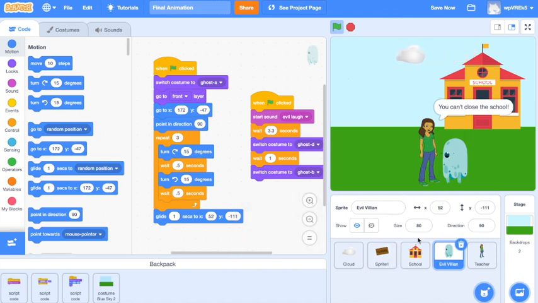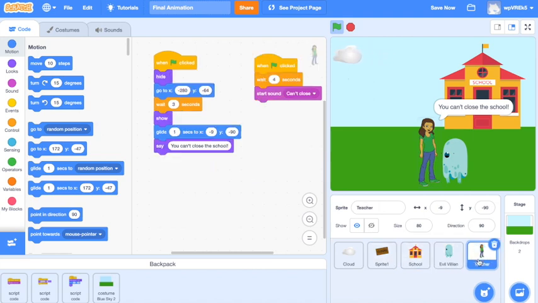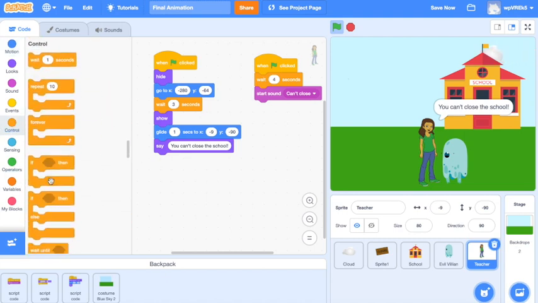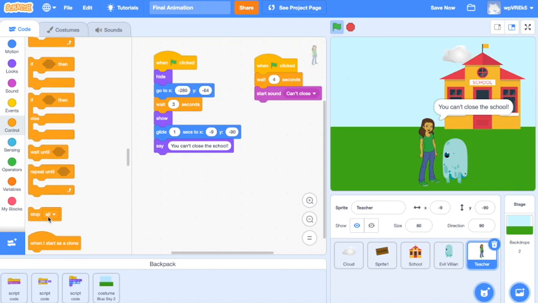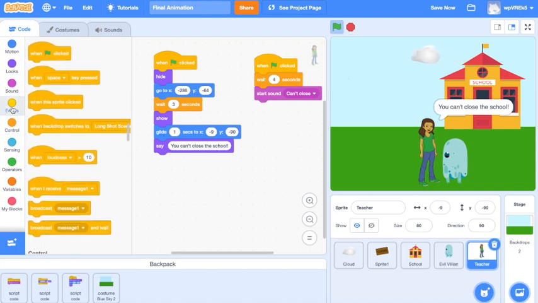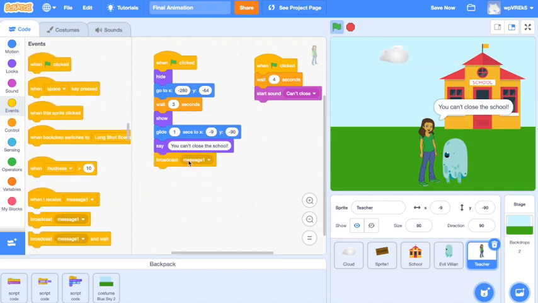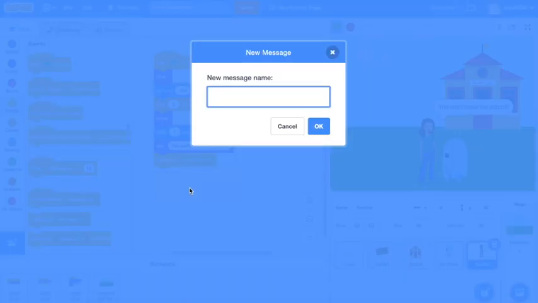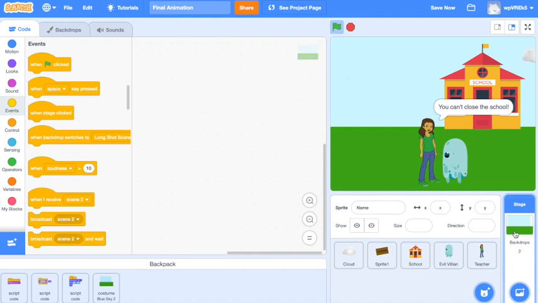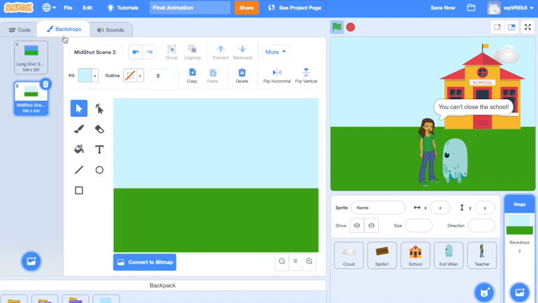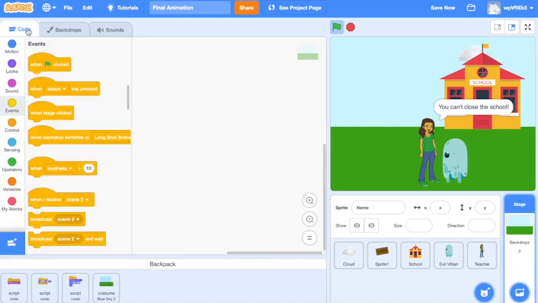So what I want to happen is once Abby says you can't close the school for the teacher, I want it to change to the next backdrop. So I'm going to take the broadcast message, oops, it's in events, and I'm going to broadcast new message scene 2. When the backdrop, when start,